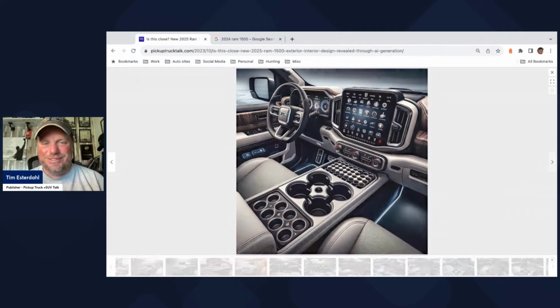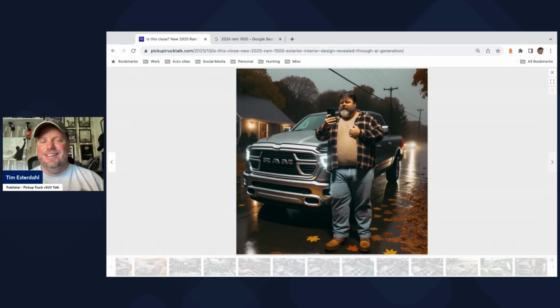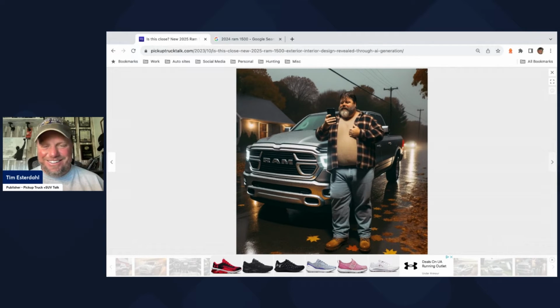These are just great photos. And so then we have some photos of it on the ranch and being set. But here we go. These are the best ones. These are the greatest things. I don't know how ChatGPT did this with the DALL-E program, but it has selfies of truck owners looking